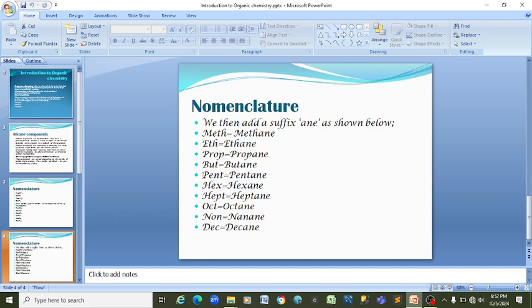Then for pent, we are going to have pentane. For hex, we are going to have hexane. For hept, we have heptane. Then oct, we have octane. We have non, that's nonane. And then dec, we are going to have decane. That is so far what I have shared with you